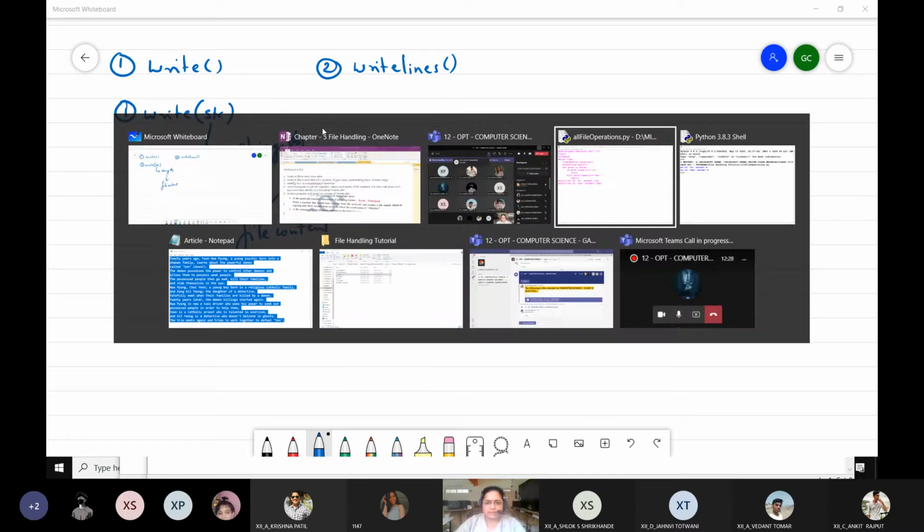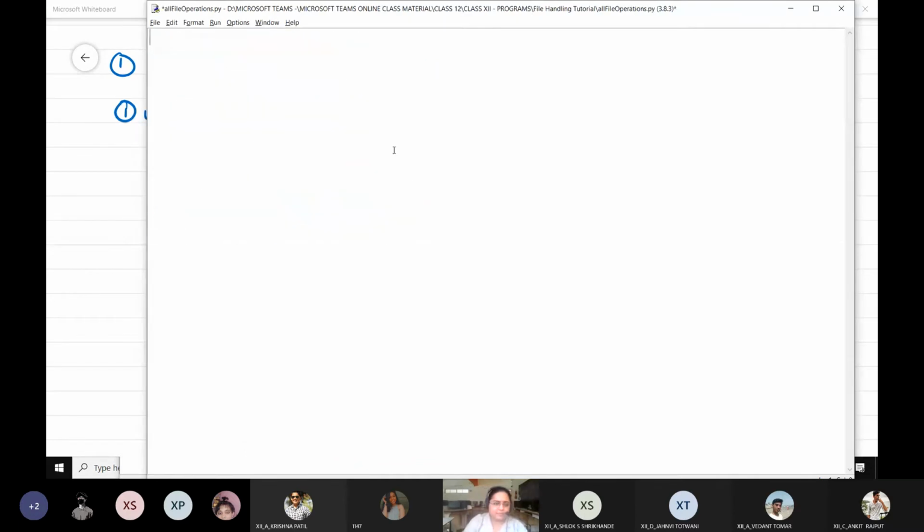How it works, let us see this with the help of an example. So now we are going to create a file, right? So I'm just going to name my file object as fout. That is for performing an output operation. Usually write or append operations are known as output operations, right? So I'm giving the name as fout.